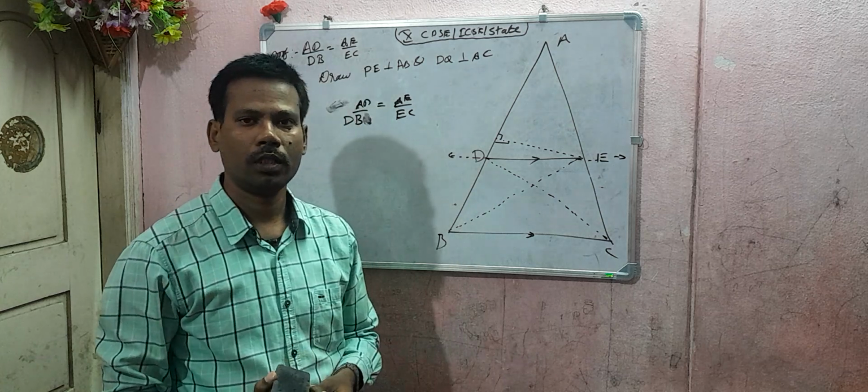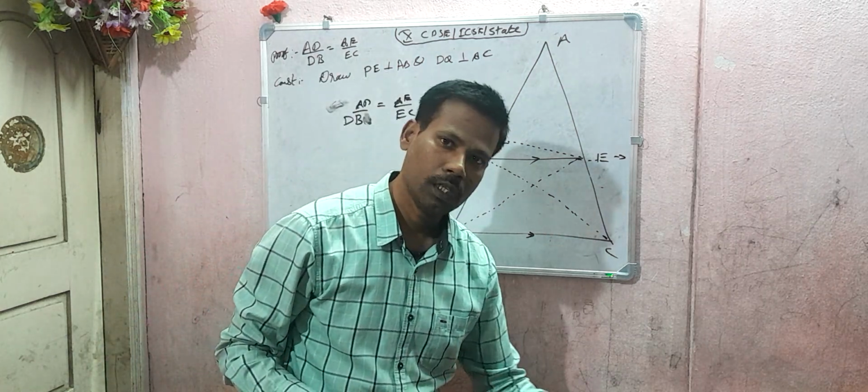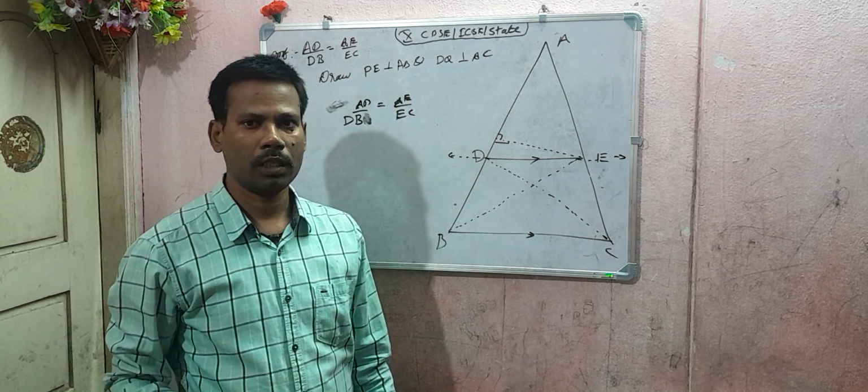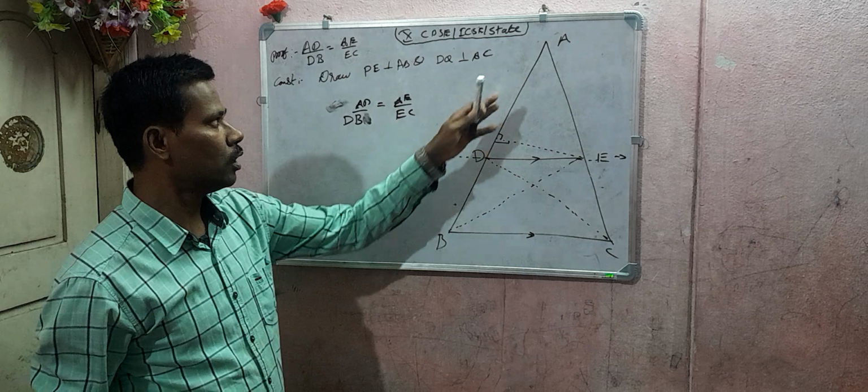This is the activity you need to do at home, but in the examination they may ask you to prove it. They may ask, state and prove the basic proportionality theorem. So in order to prove this,